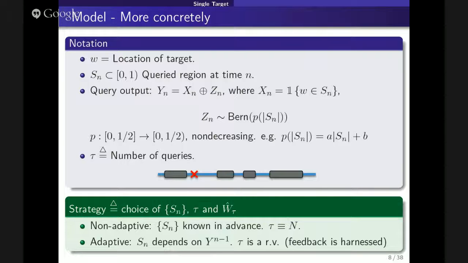I have two questions. Yeah. So for the noise model, does it make sense to consider, first, is P a function of S_n, the size of S_n? Is it always between 0 and 1? So, you'll need to scale it if your interval is 0, right? And also, does it make sense to consider Gaussian noise?